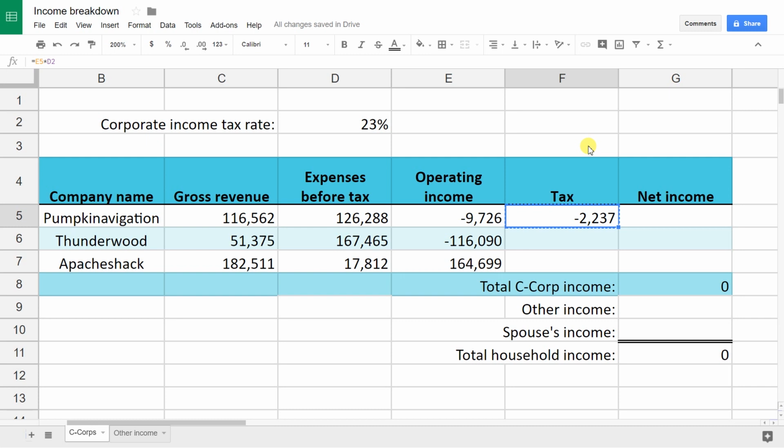But if I copy that formula down to F6 and F7, it stops working. And it even gets worse. First it gives a 0 and then it gives an error. What is happening here is that it thinks these are both relative cell references because that's the way you type them in. So if I look at F6, it incremented D2 down 1 because you moved the formula down 1. You have to tell Google Sheets,